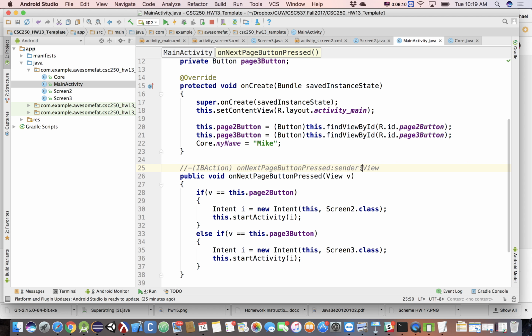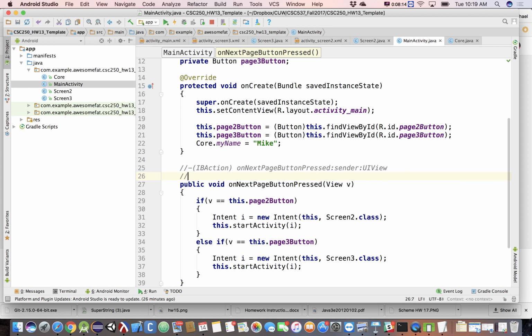Actually, this guy's a UI view. In Swift, this would be IB action on next page button pressed, UI view sender. So this guy looks a little bit more Java-like, except what he returns is something called an